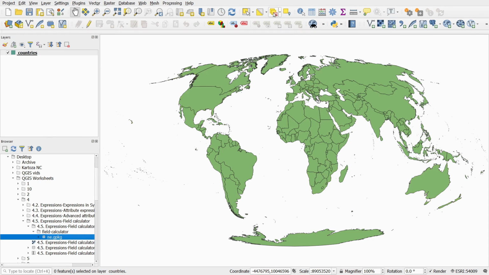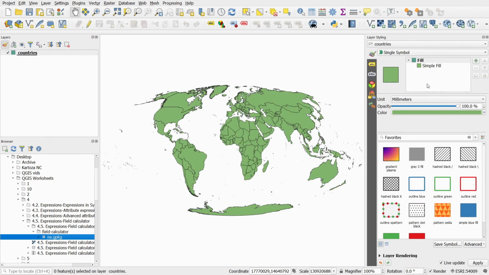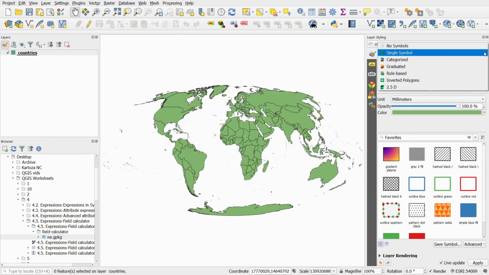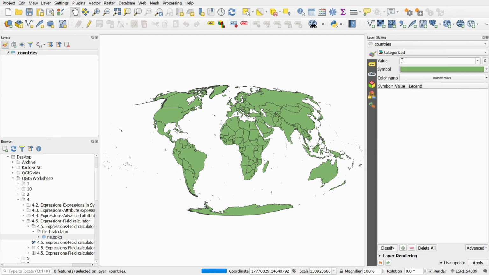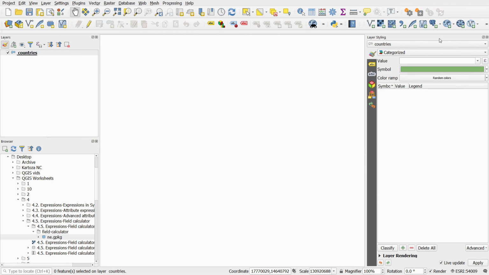Next, I'd like to symbolize these countries so that the countries that I have visited are green in color and the ones that I haven't visited are red in color. Open the Layer Styling panel and select Categorized. Under the Categorized Labels dialog box, choose Visited as your value